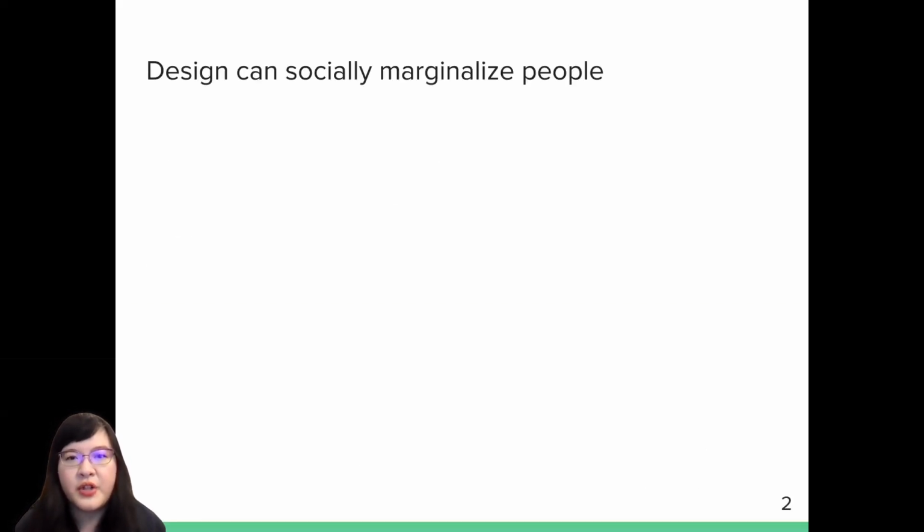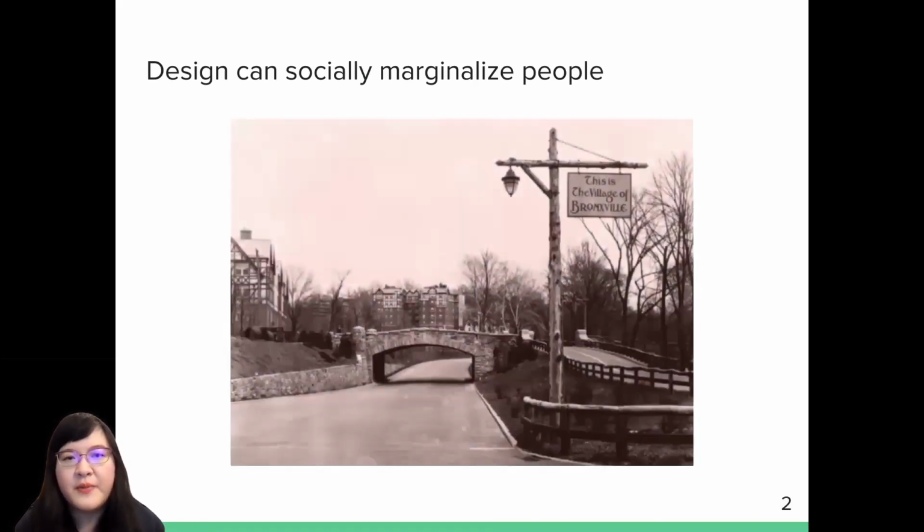The issue of socially marginalizing designs goes all the way back to the days of analog design. A famous historical example is the Parkway to Jones Beach State Park, opened in 1929 in the US state of New York. This parkway took people to a place that was advertised as a beach for everyone. However, the architecture of the overpass bridges spanning the parkway offered low clearance and prevented public buses from easily reaching